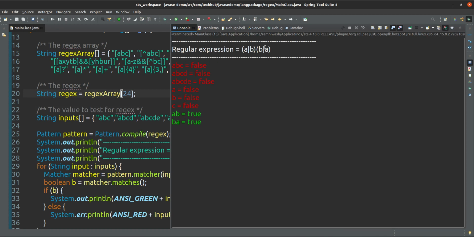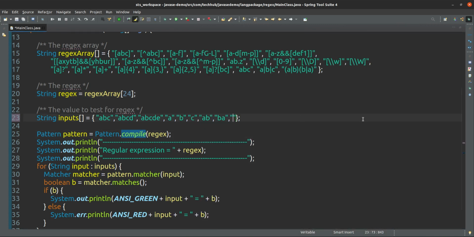Suppose this is the group. Suppose I want to accept two characters only, A or B. A can be first, B can be second, or B can be second, or A can be first. That is up to your choice, however you want to give. Suppose in this group I am saying you have to take either A or B, and from this group you have to take either B or A. So you can pass AB or BA or AA, that is also possible.